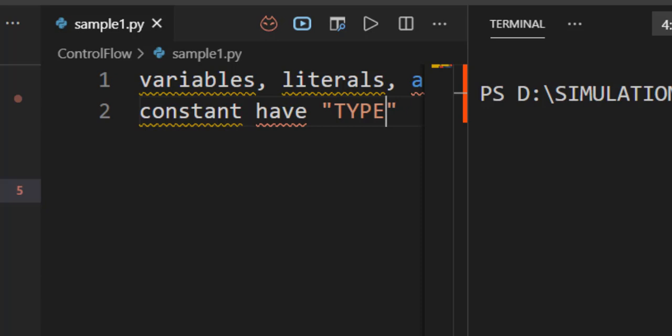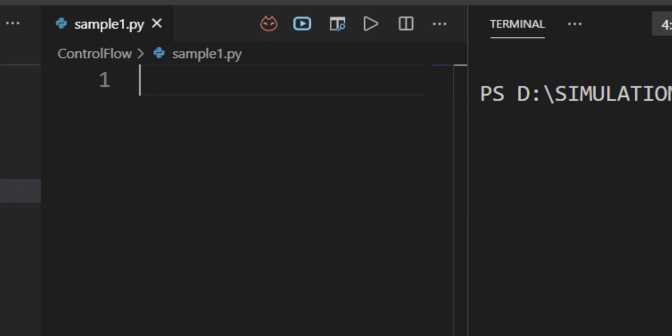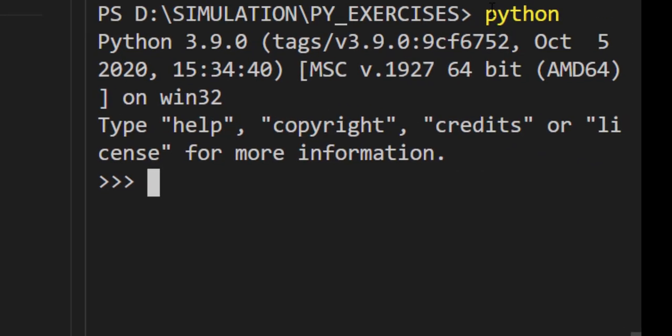Actually, Python knows the difference between an integer, a number, or a string. For example, the plus sign means addition if something is a number. And if it is a string, then it will be concatenated. Example here, I'll just type, Python. Okay, let me say